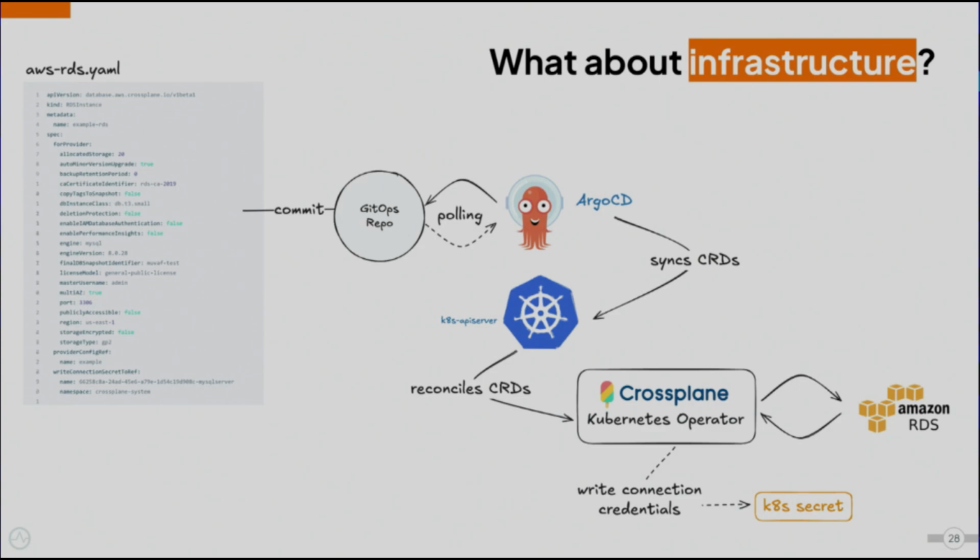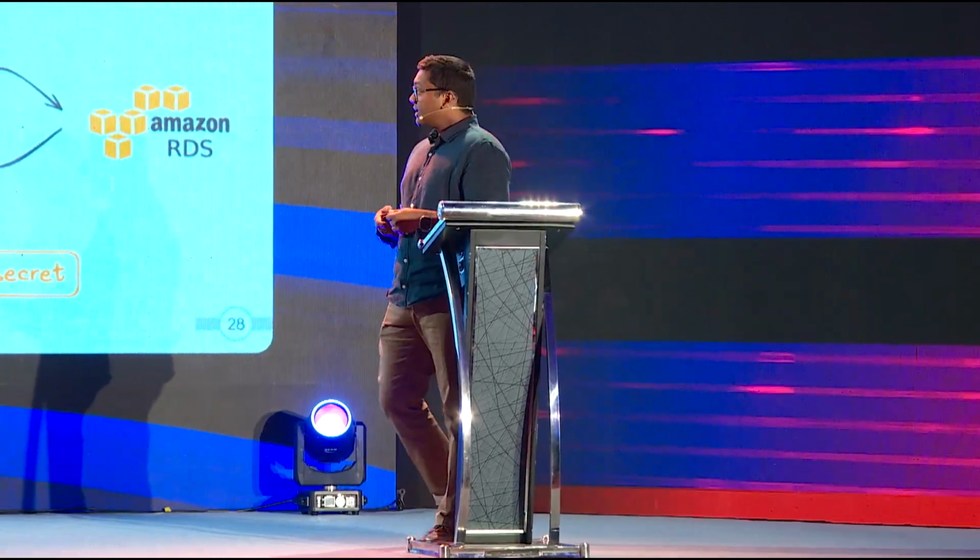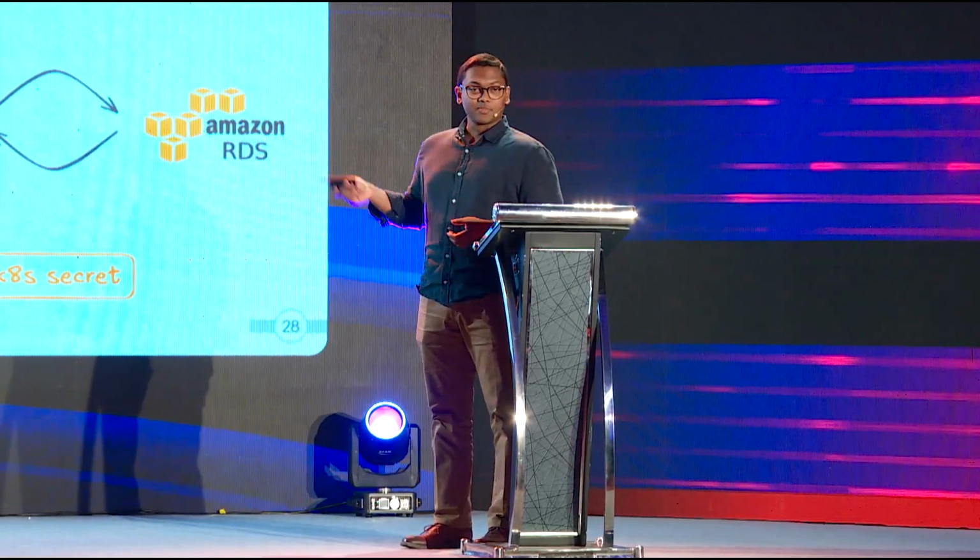So everything we looked at so far is around AppOps, right? Application operations. We didn't really consider infrastructure up to this point. Now there are more traditional ways of doing it, like you run Terraform outside of your GitOps repository, because Terraform, while you could call it GitOps, you still need to build a lot of pipelining around it to actually apply those changes in. There are new tools out there like Crossplane, for example.